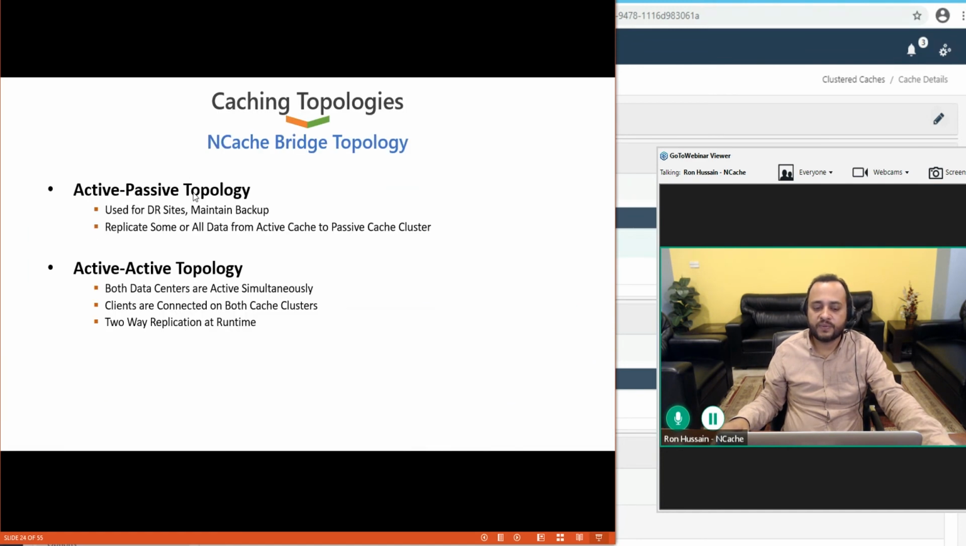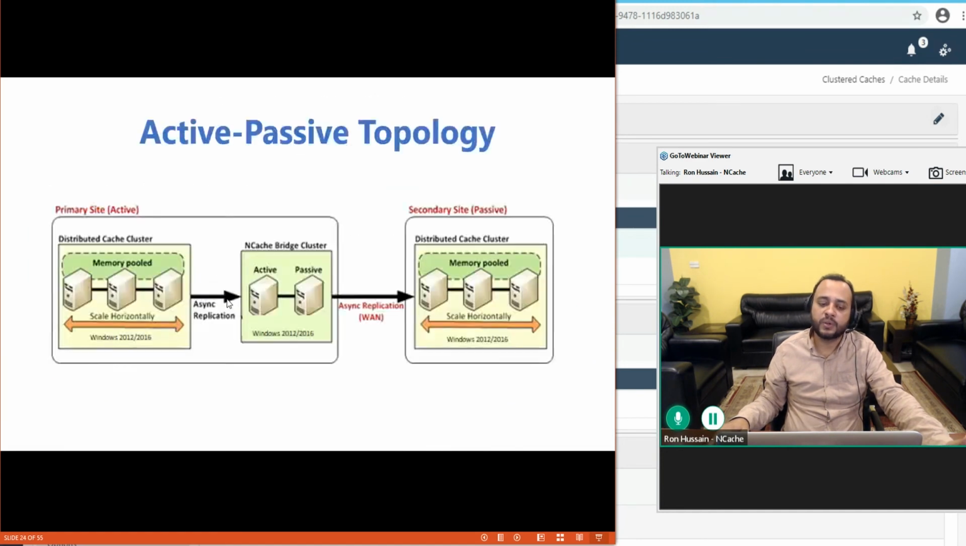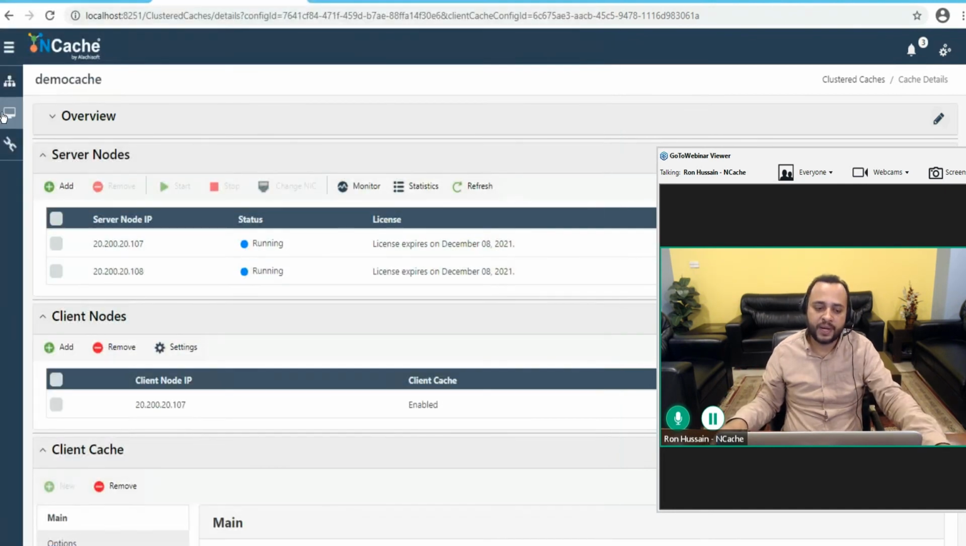We have active passive and active active topologies available. In active passive, it's a one-way distribution of data. Bridge is another cache which allows you to connect two caches together. So if you come to our management console,